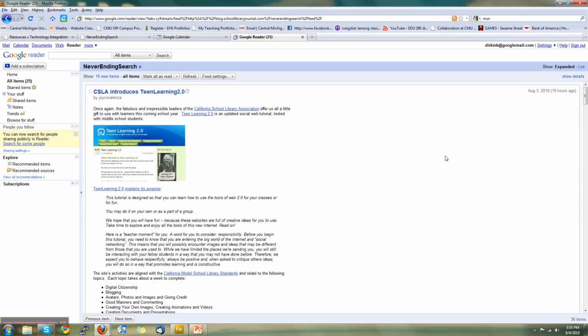But that's a reader that will help you follow blogs that you're interested in, or for example, when I use NetVibes, I create a separate tab, or if you're using Google Reader, you could create a separate folder and put all your student blogs in that folder to follow. Add them there so they're all in one place, and now